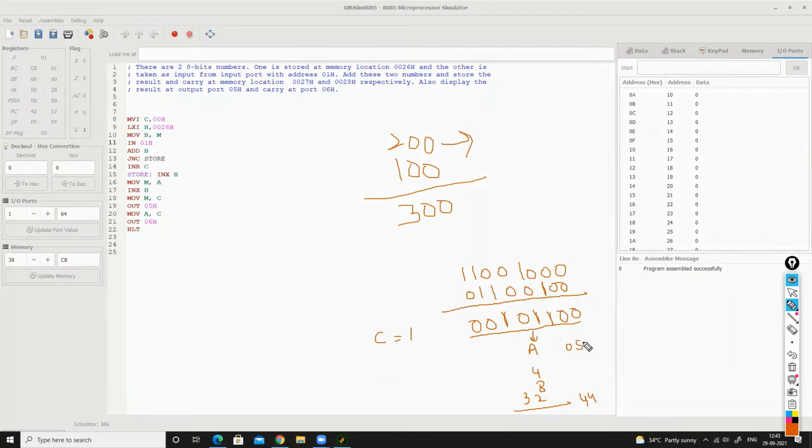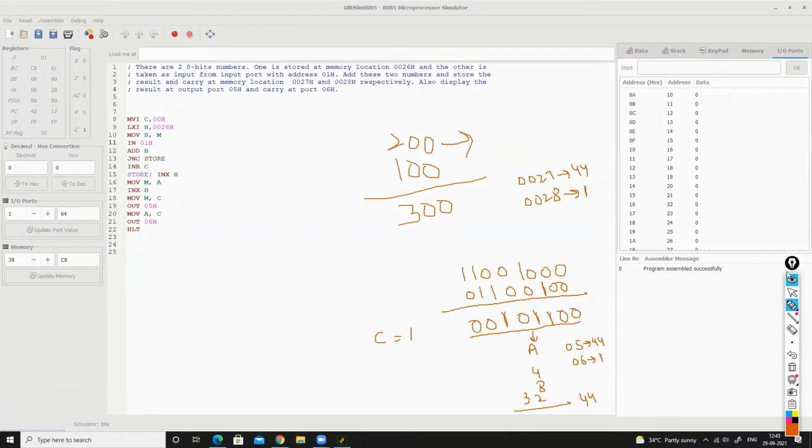At port 05, we should have value 44. At port 06, we should have value 1 because carry is 1. Also at memory location 0027, we should have value 44, and at memory location 0028, we should have value 1.